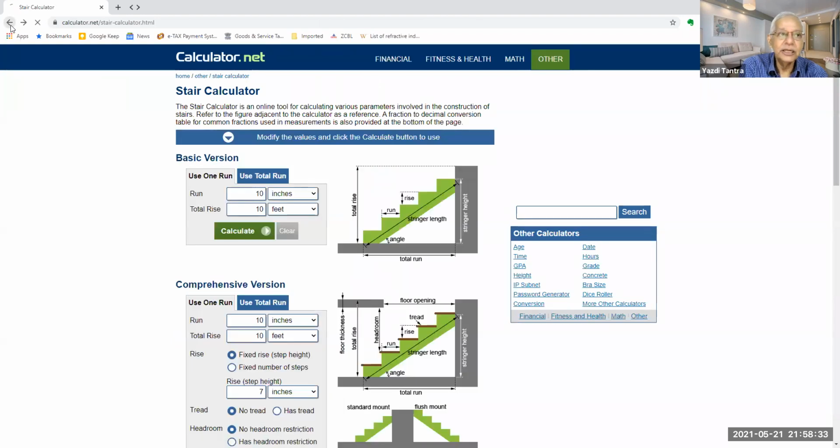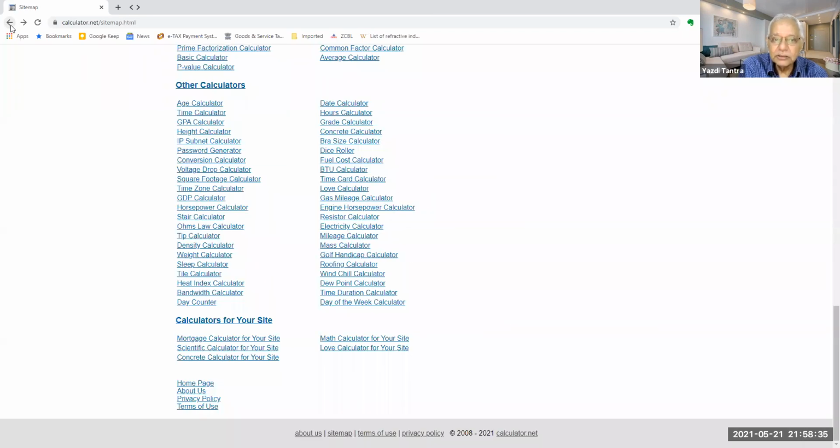You can check, and you see something called roof calculator, tiles calculator. If the tile is 1 by 1 or 2 by 2 and your area is so much, how many tiles will you need? That sort of a thing. Roofing calculator. Okay, day of the week calculator, etc. And these are some calculators for your site.